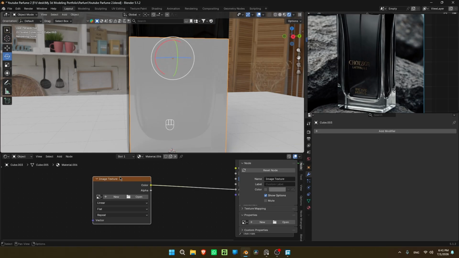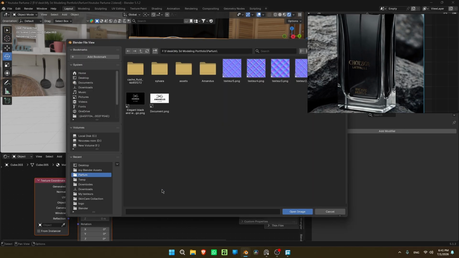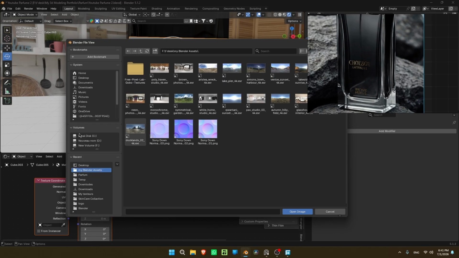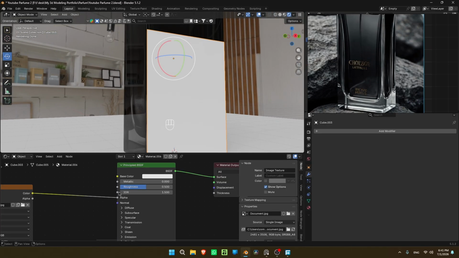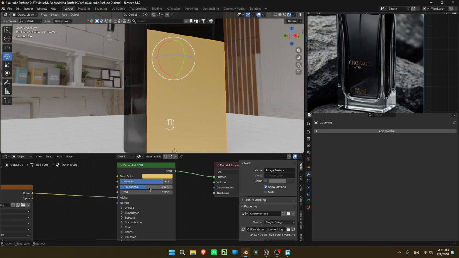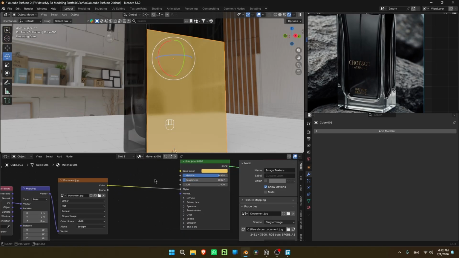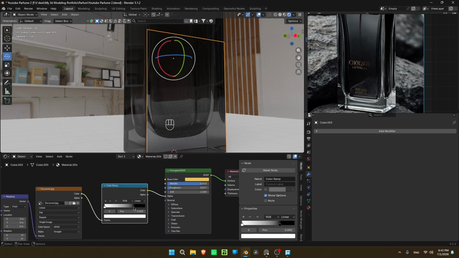In our case, we're gonna add mapping and texture coordinate by pressing Ctrl T, and we're gonna add our perfect and very professional label in here, and I will tweak the color to give it a goldish color, and in here we're gonna add a color ramp.